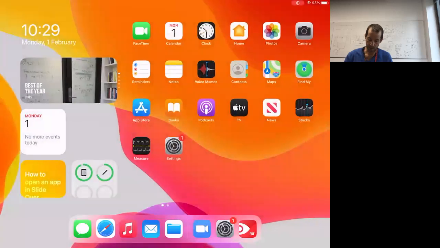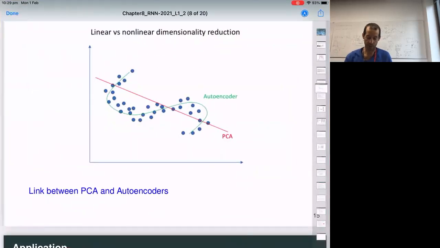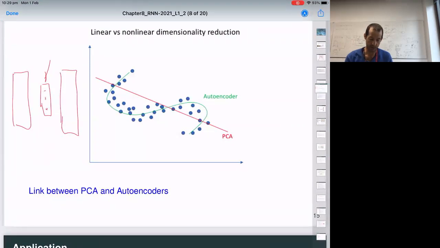Sometimes I think I'm not so clear, so let me come back. If I'm doing an autoencoder like this, with just a smaller single hidden layer, and the activation function I use is the identity, so if I use sigma of x equal to x, in fact what I'm doing is the same as PCA. But the advantage of the autoencoder is